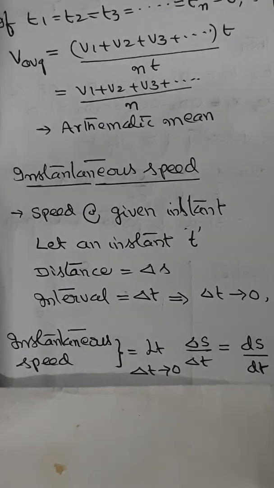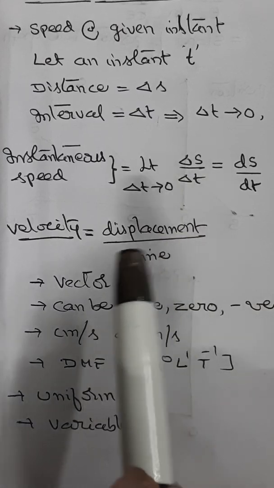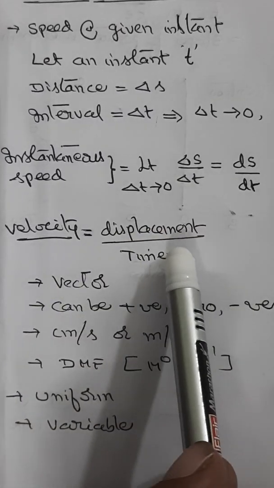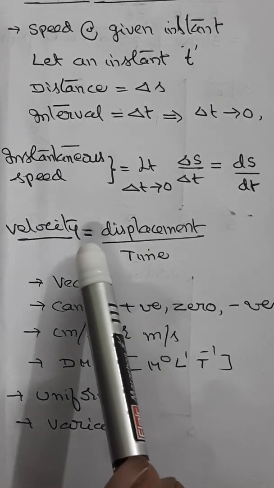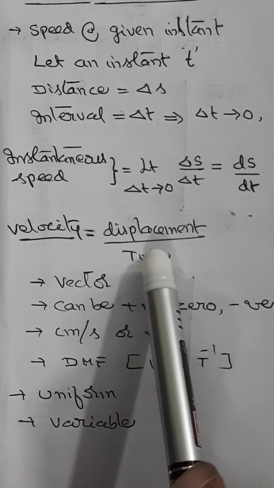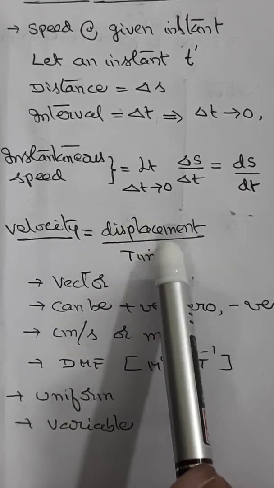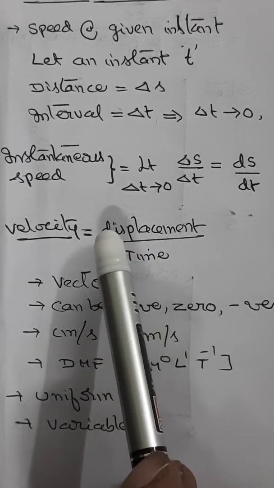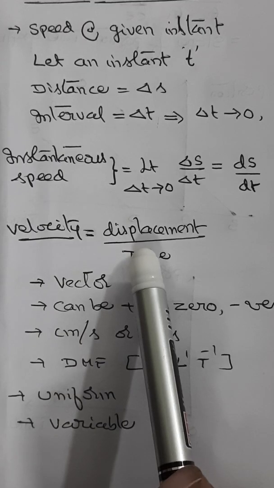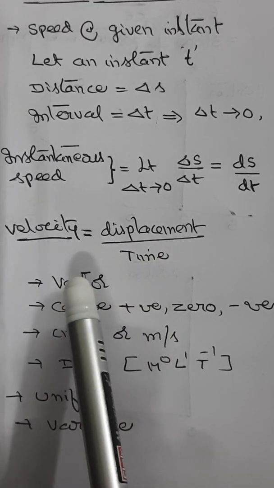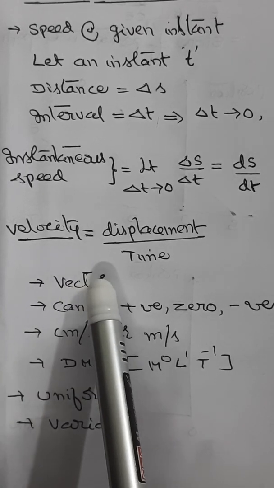Let us look at the vector equivalent of that, what is known as velocity. Now velocity, as per formula, we can represent as displacement by time. That is, velocity of an object can be defined as the time rate of change of displacement of the object. It's also defined as speed of an object in a given direction. So quantitatively, you can write this velocity as displacement by time interval. So velocity is a vector quantity because it has both magnitude and direction.